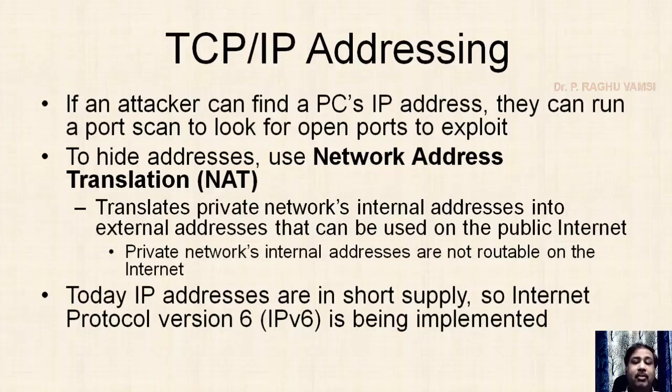So whenever an ISP, that is an internet service provider, has given you a public address, how do you convert it into the private address? This conversion from the public address to the private address, and also the communication from the private address to the public address, is done with the help of network address translation, which is also called NAT. Whenever you enable NAT, the public address will automatically be converted into private, and public communication will come into the private network. At the same time, if you want to send to any public domain from your private network, that is also possible.